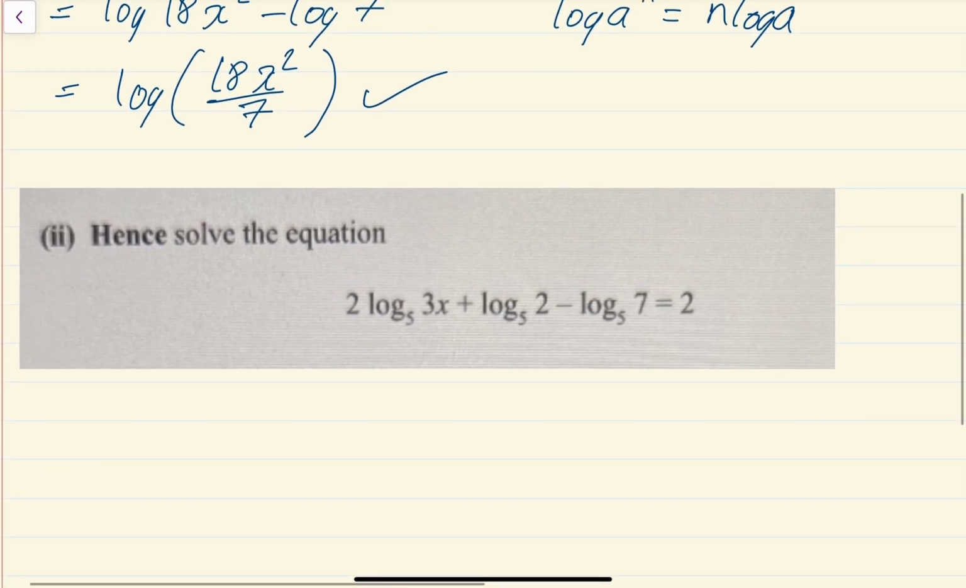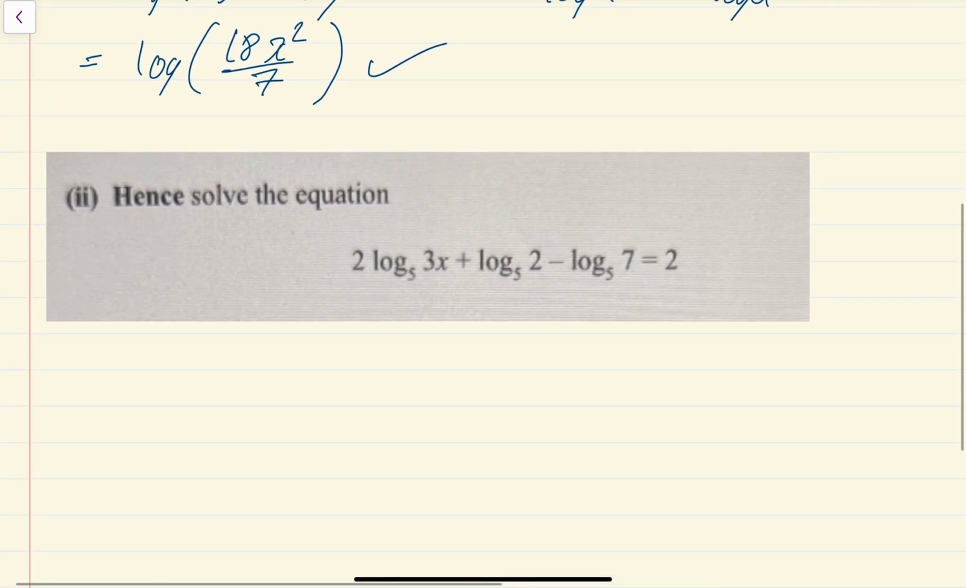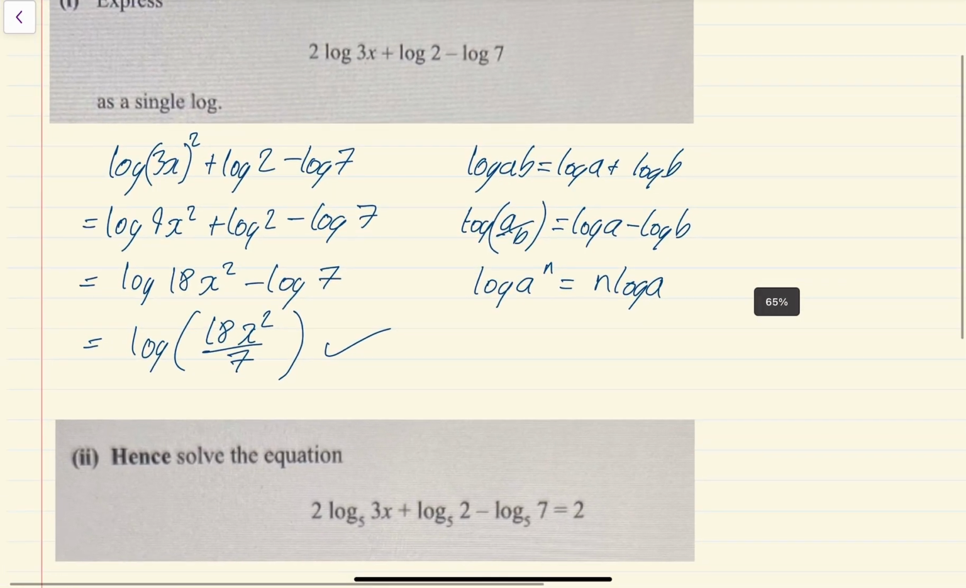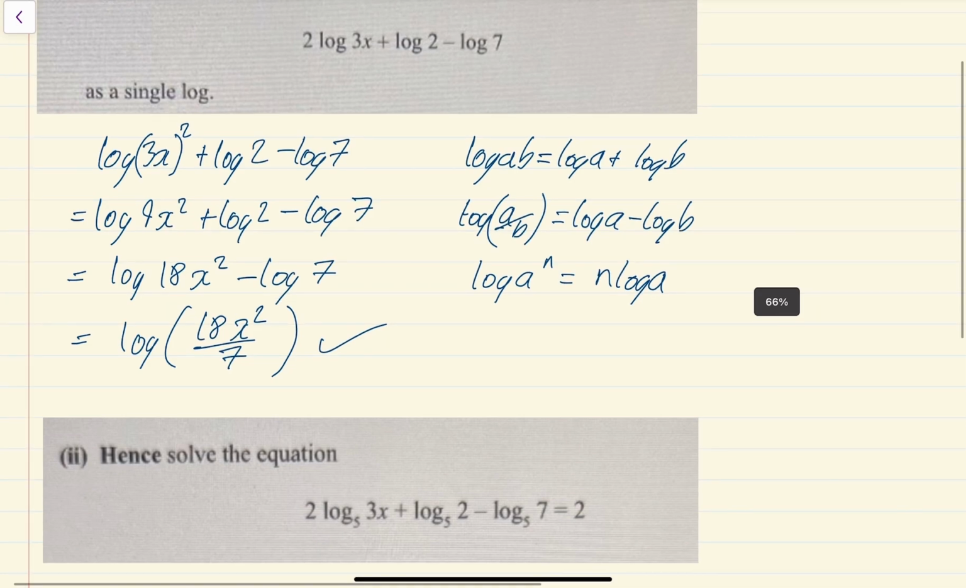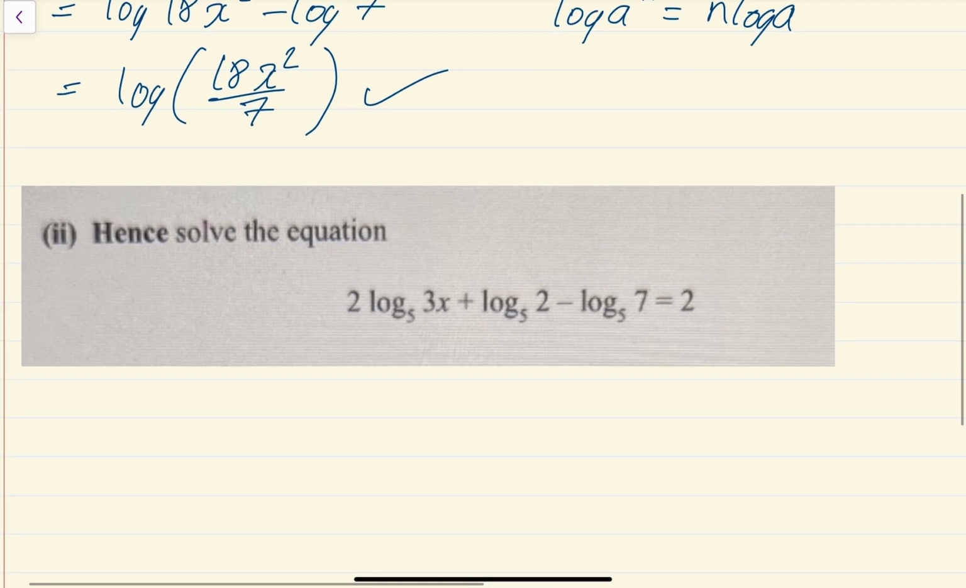Second part of this question, and I'll leave that so I can still see it. It says, hence solve the equation 2 log to the base 5 of 3x plus log to the base 5 of 2 minus log to the base 5 of 7 is equal to 2. Now, if you have a look, that's exactly the same as the expression we had up above, except it now has a base of 5. So this whole thing, we can rewrite